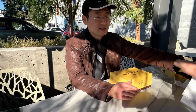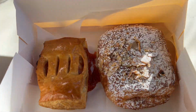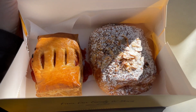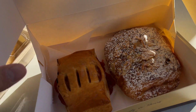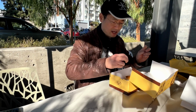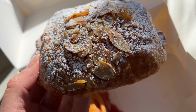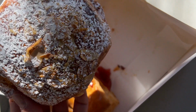All right, next on the agenda are the pastry items. We got the guava strudel and the almond croissant. So the almond croissant, I always get this because it's just perfectly flaky and not too sweet, kind of moist and sticky inside. All right, look at that, in perfect croissant shape. It's got powdered sugar covering the top part, almond slices,